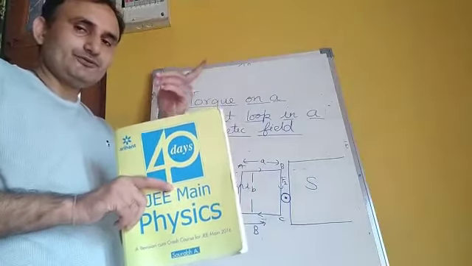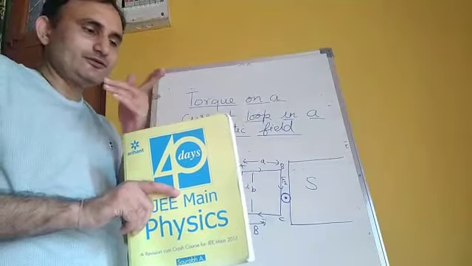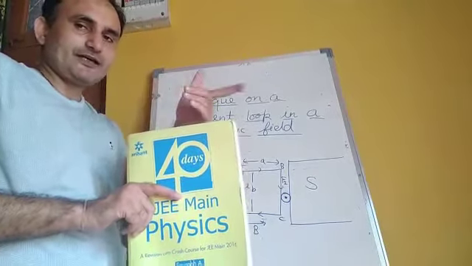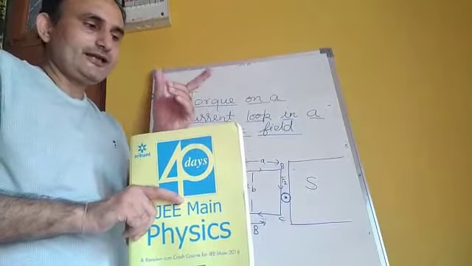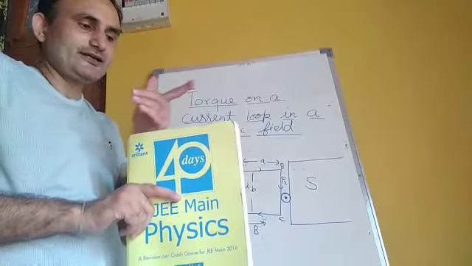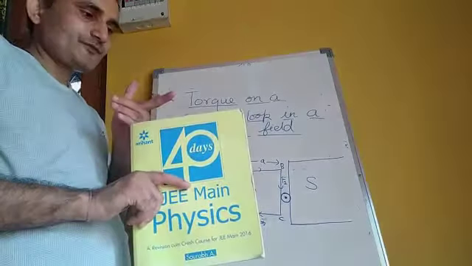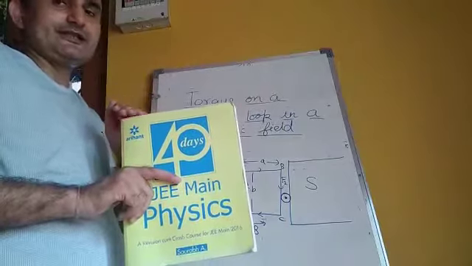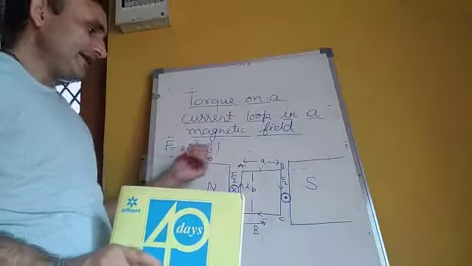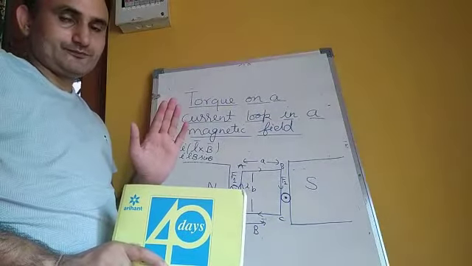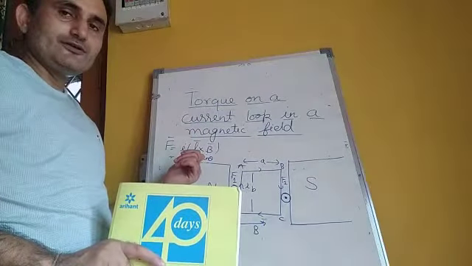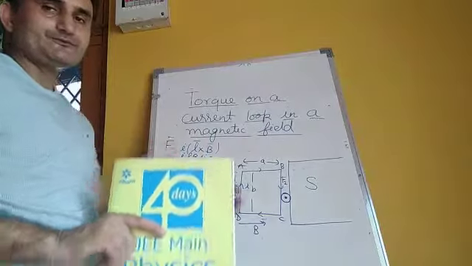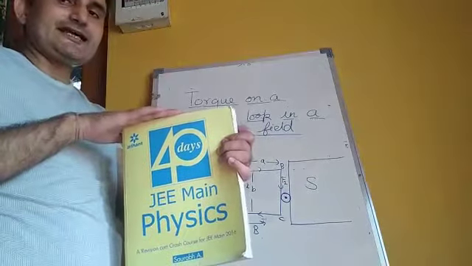we will have to use Fleming's left hand rule. The first finger is the direction of the field, and the central finger is the direction of the current. So now we see that the current is in this direction and the field is also in this direction. So the angle between L and B is 0. Now whenever the angle is 0, we will have to put sine 0 here, so the force will be 0. So the force on this side is 0.